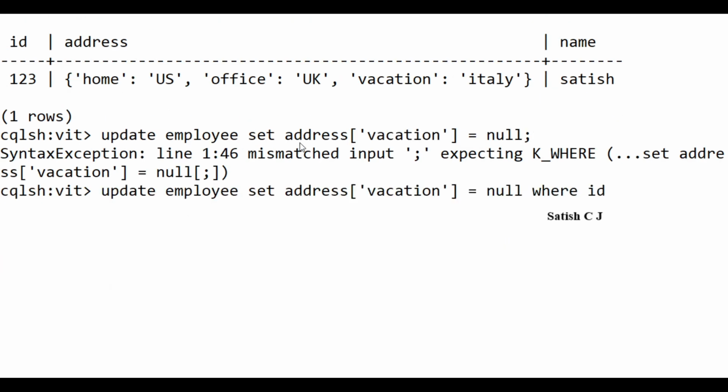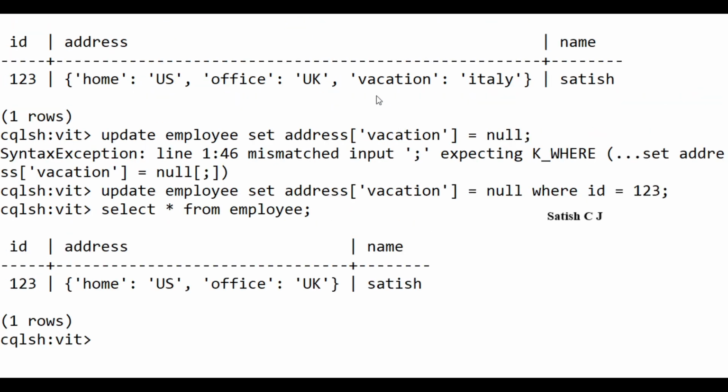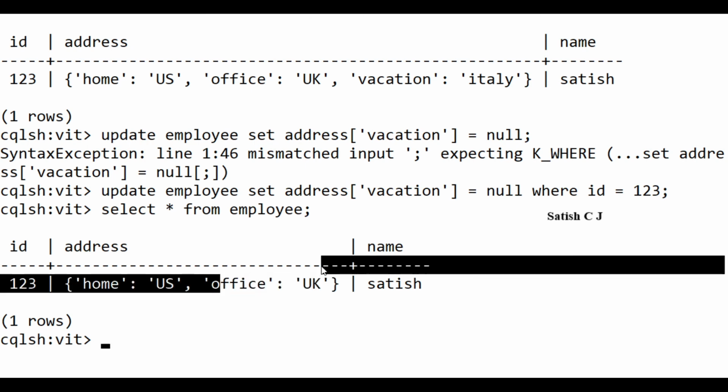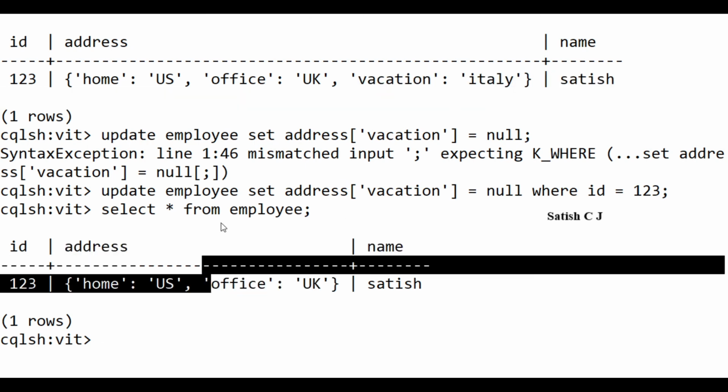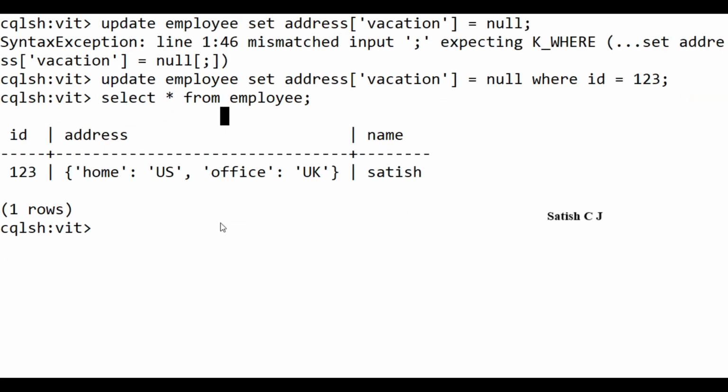We should always give the primary key also, where ID is equal to 123. Now when I do select star from employee, you can very well see this key value pair, vacation, has been removed from my map. So that's how you perform operations on a map.